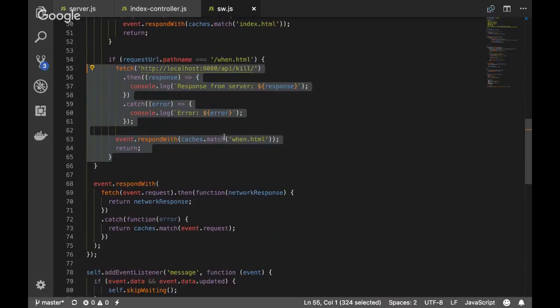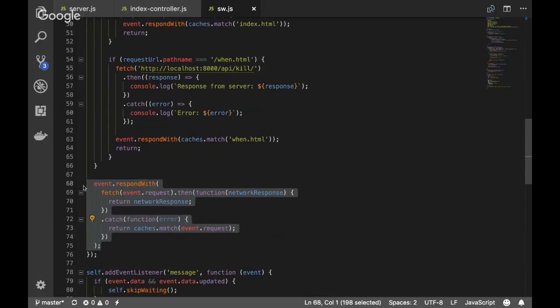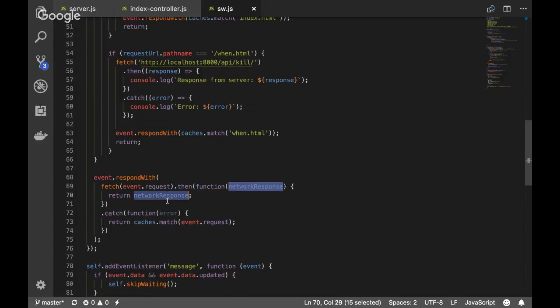And I did mine as online first, so that you always get the freshest content. You could do offline first as well. So what happens here is, first of all, I ask the network to go and fetch the content. And if you have bad connections and stuff, the fetch will fail, then you'll return from the cache. Depending on your use case, you could return from cache first and use some other mechanism to update to the freshest data, but that's up to implementation.